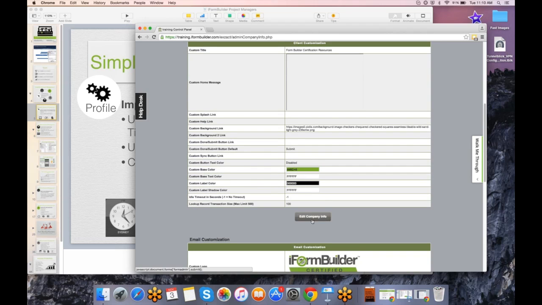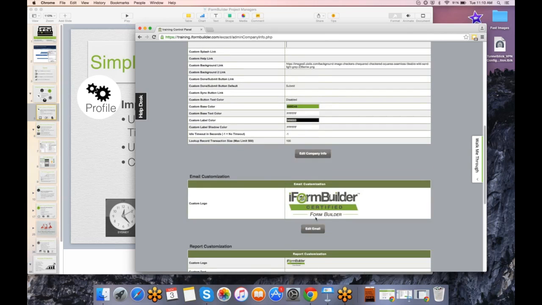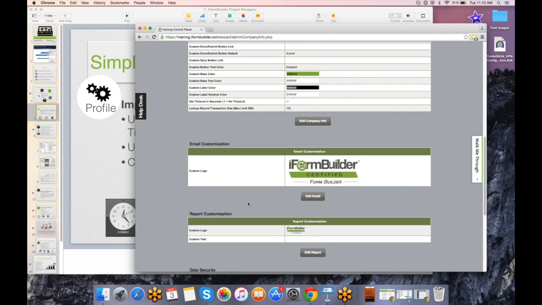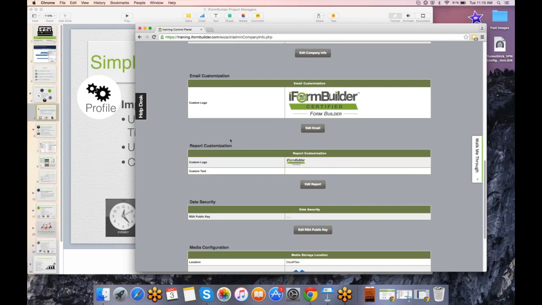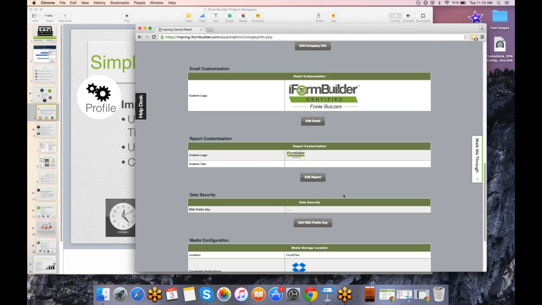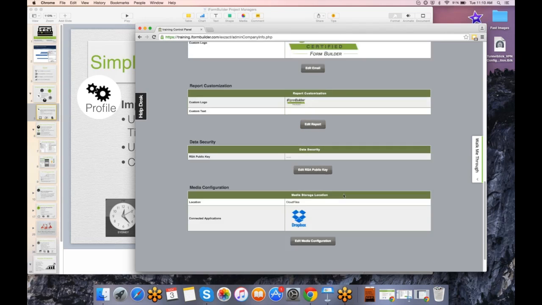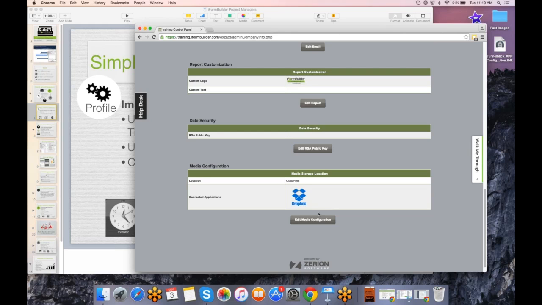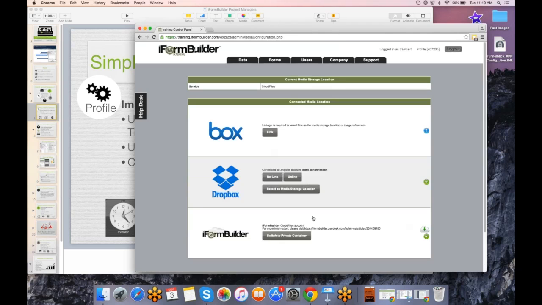If you need to edit that, all you do is press the Edit Company Info button. The email customization and the PDF report customization are right underneath that. It's a very easy process to add your own logos. And then I mentioned the media configuration, and this is where you'd go and edit that media configuration and choose